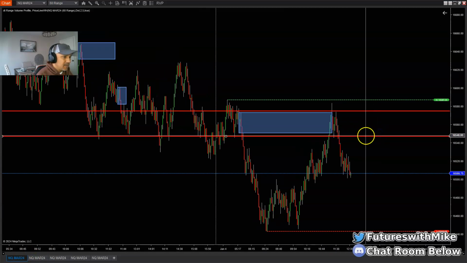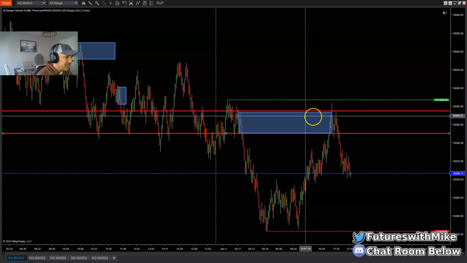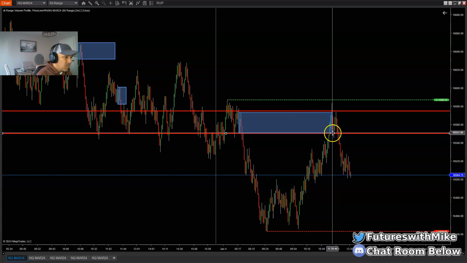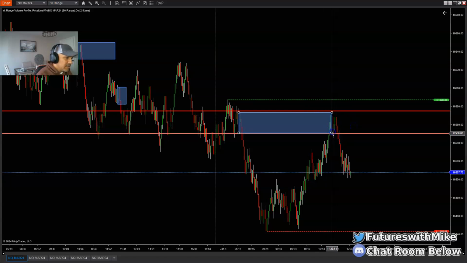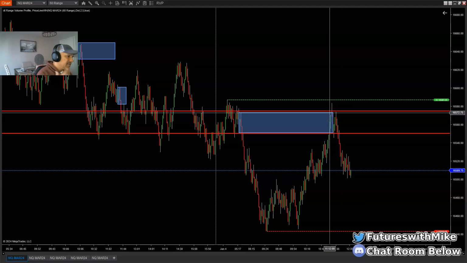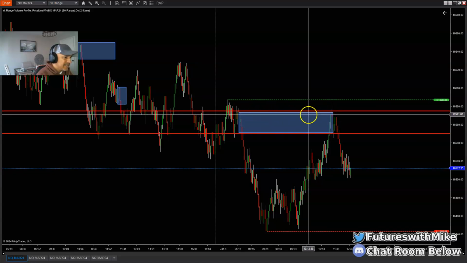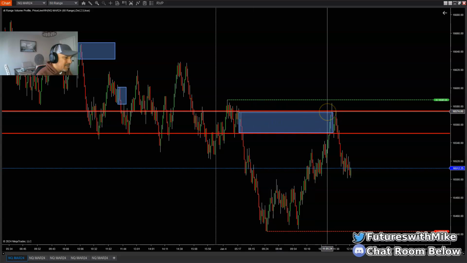area right here. Now, it tapped into it. If you notice, it kept pushing deep into the zone, all right? And it actually wicked out above it. So this is what I consider, in a sense, where it wicked out above it. It violated the zone, for one, okay? Most times, if it violates the zone, we know not to do what? Take the trade, or look for an opportunity to take the trade. But if you notice what it did, once it wicked out, right, instead of closing above the zone, it wicked out above it. So this would be considered what most of us would look at as a liquidity grab.